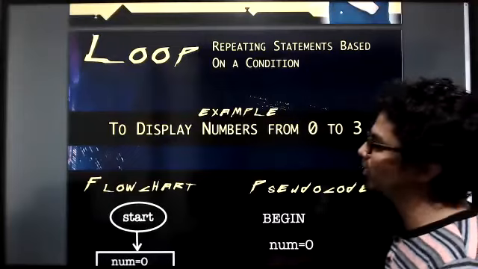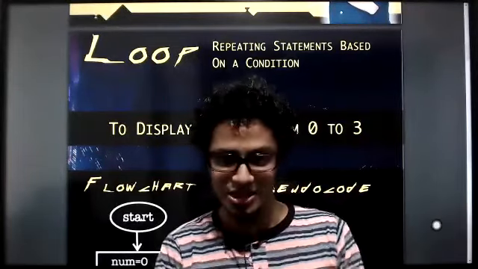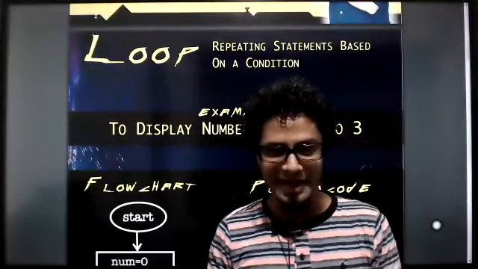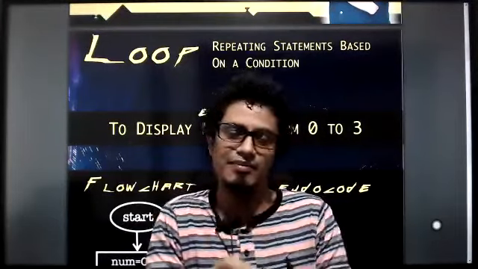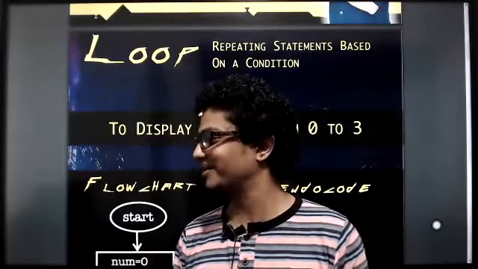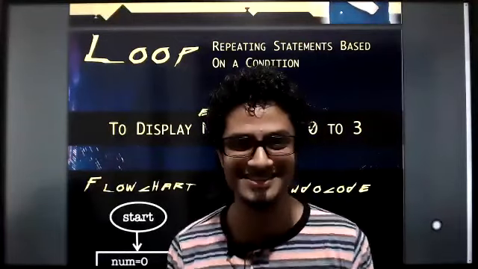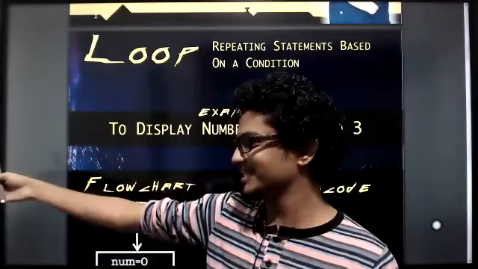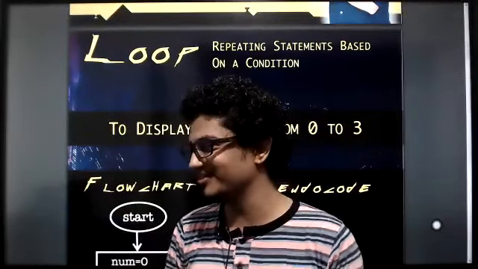Basically, I have given you a small example of a loop, and an idea in the previous session. What do you mean by a loop? Loop means you are going to repeat a set of statements. It can be even one statement. You are going to repeat a set of statements based on a condition. That's what you mean by a loop, kids, right? I hope you can remember that. Can you all remember that? Super, very good.